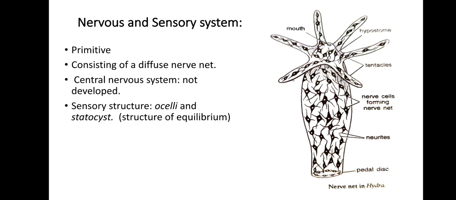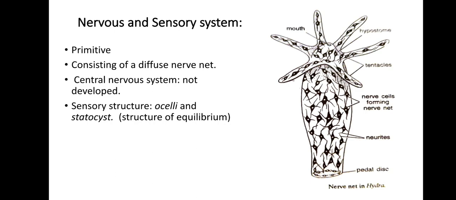What we find in them are simple nerve cells with two projections, called neurites, with no specialization as axon or dendrite. So, simple cells coordinating with each other and passing information, forming a network throughout the body called a nerve net. And coming to the sensory structures, they do not have very well developed ones